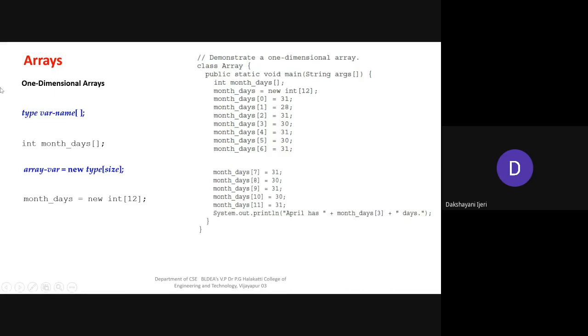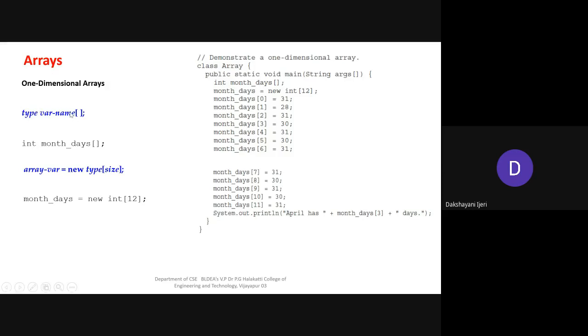right? So first we will see what syntax is required for defining an array, right? To declare a variable of the type array, you need to first mention the type of which you want to create the array, whether integer, float, double, character, whichever. That type has to be mentioned first, followed by a space and the name of your choice for the variable, followed by the square brackets and the semicolon. So this is the syntax used to create the array.